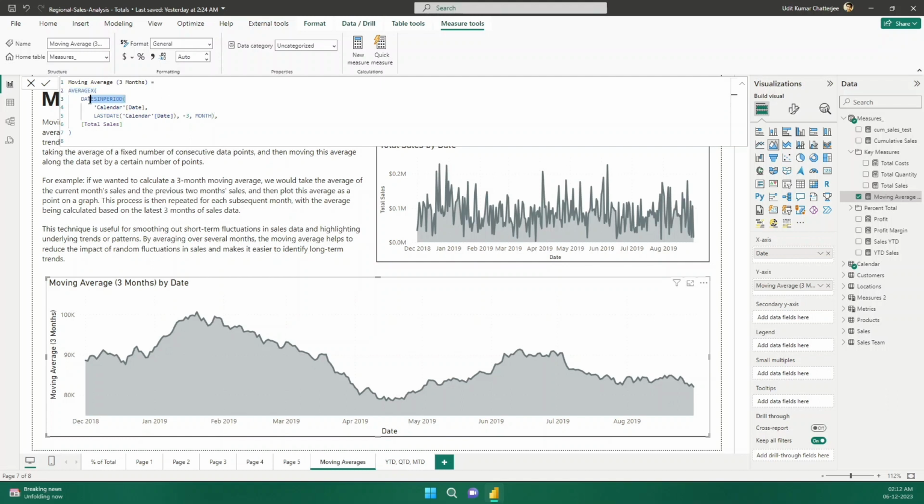So I am creating the table using the DATESINPERIOD measure, right? The DATESINPERIOD measure creates a table, and what should be the table? It should be the dates table, but I just want to take -3 months, because I'm doing it for the last 3 months, right? So last date means the current date, basically whichever date I am hovering on becomes the current date